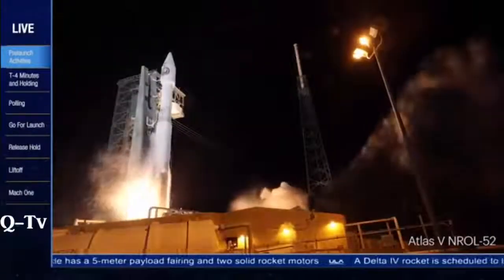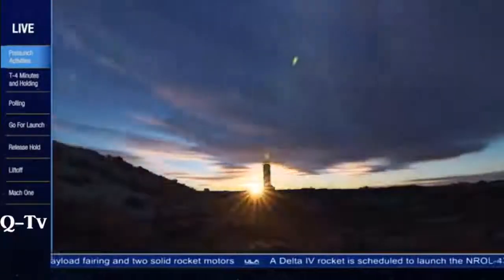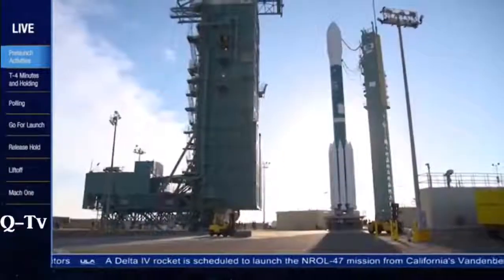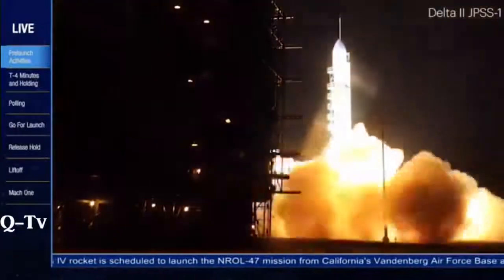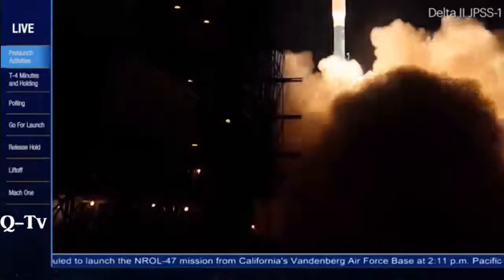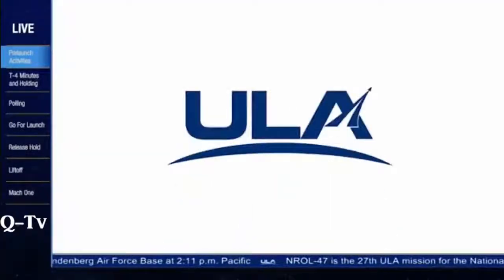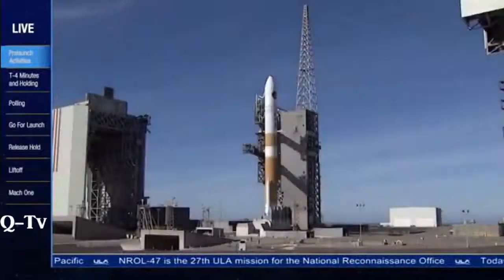This hold gives the launch team time to conduct final systems checks and resolve outstanding issues prior to entering the terminal count. At this time, the team is working an issue on our ground helium system. We do not yet have a new T0, but will keep you posted as updates become available. At the request of our customer, today's live mission coverage will conclude following confirmation of payload fairing jettison, which is scheduled to occur about 3